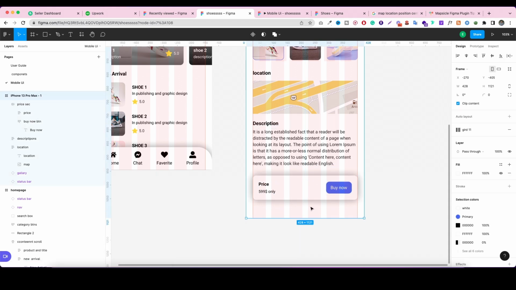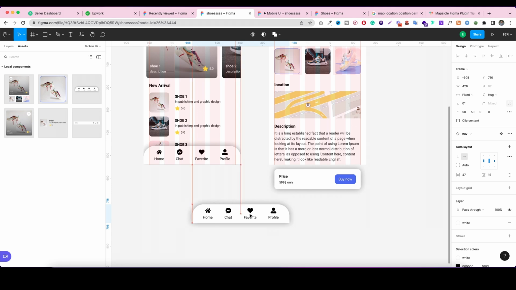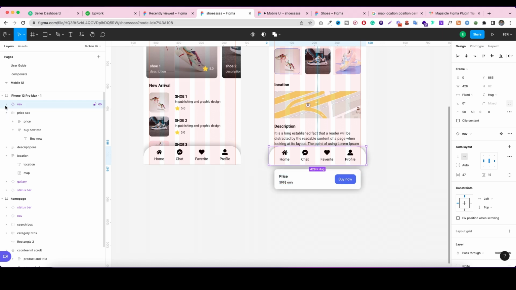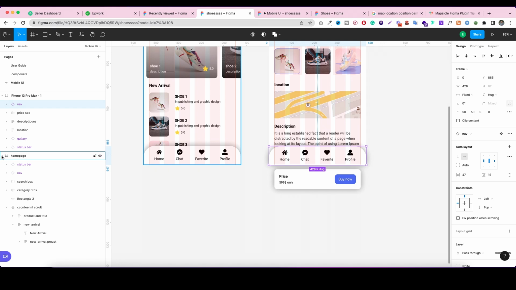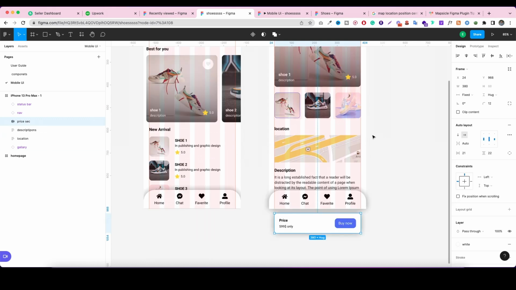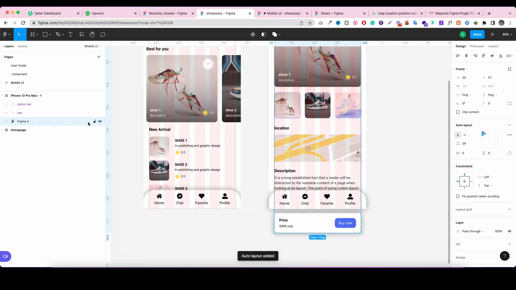So alright, now let me just make it like this, and if you uncheck the clip content, then you get to see all the content. And now we have to just drag and drop our nav here. So I'm just going to put the nav layer here, at the top, and for the status bar, I'm just going to put it at the top. Here's the gallery and other things. So I'm just going to select all and make them a frame and tell them all,